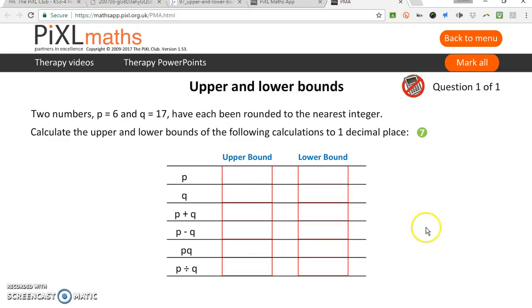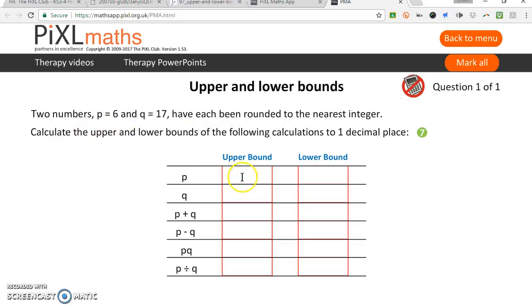So I want to do a quick video on upper and lower bounds on Pixl, because I know a lot of people have been struggling with it. So when you're calculating upper and lower bounds, if you just have a number and you just want the nearest